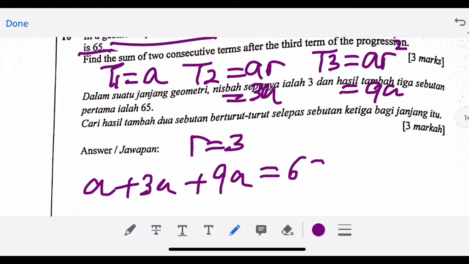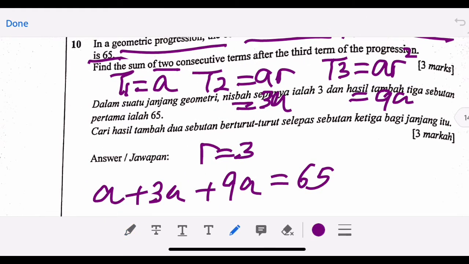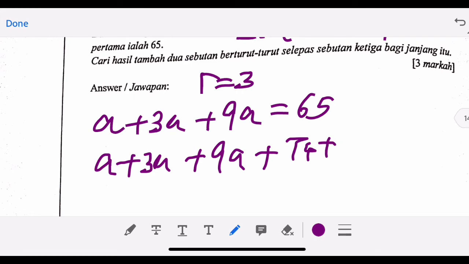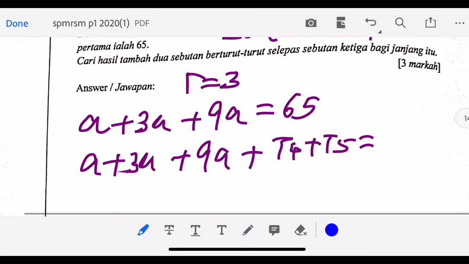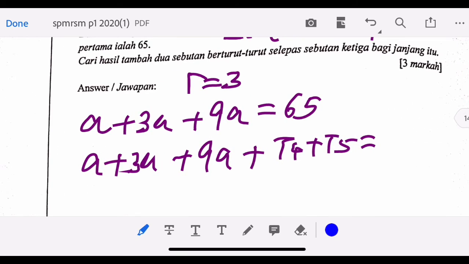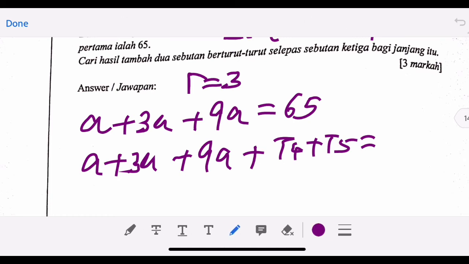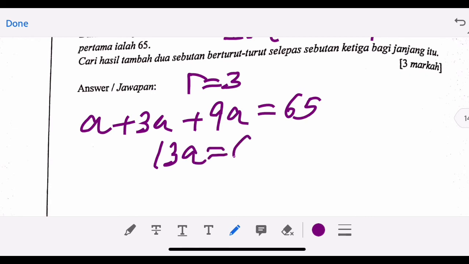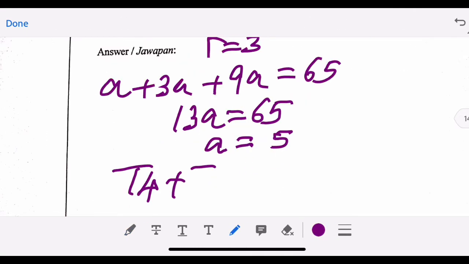And then you are asked to find the sum of 2 consecutive terms after the third term. That means we are going to find T4 plus T5, right? So we can actually solve the a, in fact. There are many ways to do it, so let's solve the a first. The 13a is 65, so a is 5, right? So that means T4 plus T5 is actually